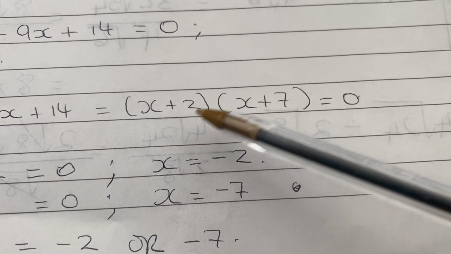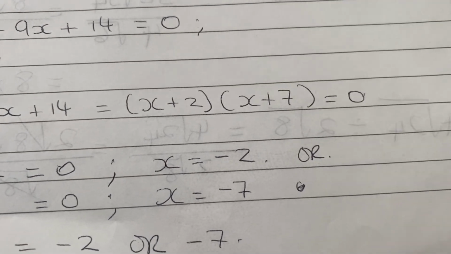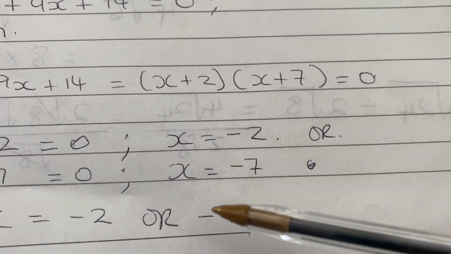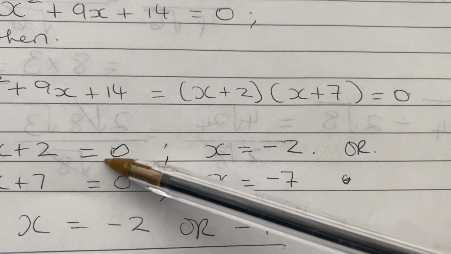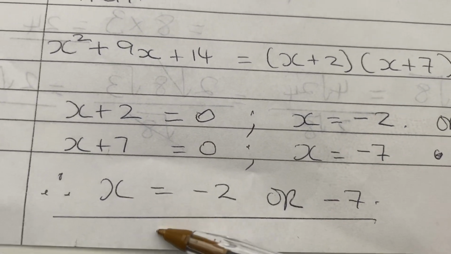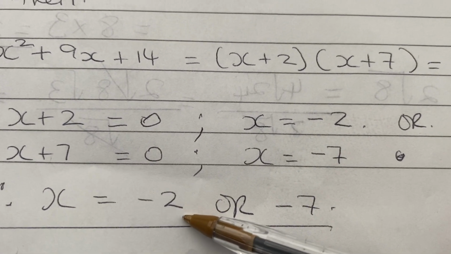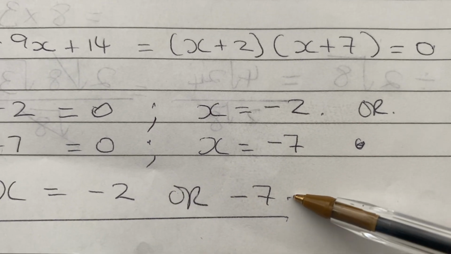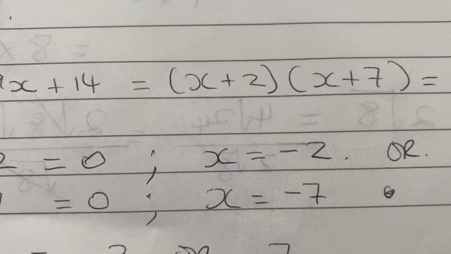So we'll go for the case where both of them are 0. In that case, we solve for x in each case. So now x will be equal to minus 2 or minus 7. That's why the quadratic formula,